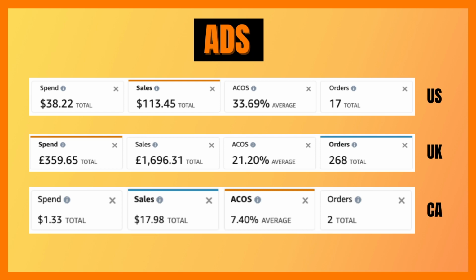Just taking a look at my ad spend, so you can see that I ran ads in the US, UK, and Canada had the lowest ACOS of 7.4%, but I only had a total of 2 orders. The UK also had a very decent ACOS of 21.2%. However, I did spend the highest amount here of